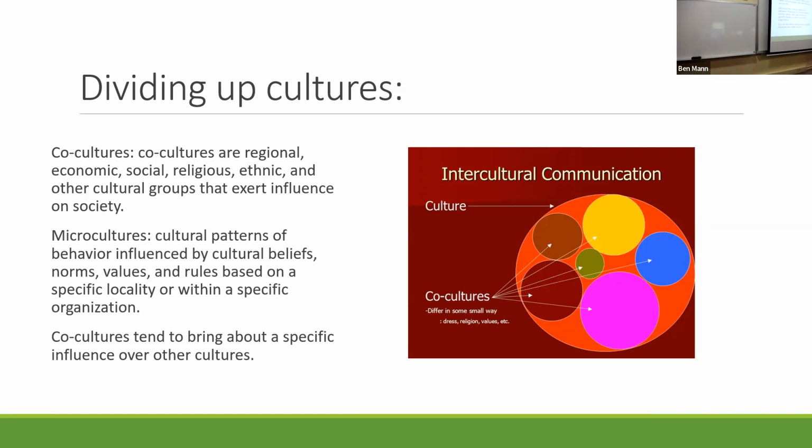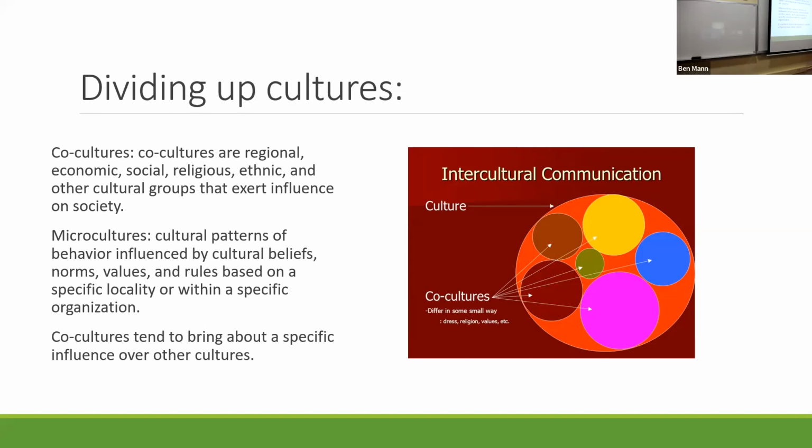In addition to those, we have the idea of a co-culture. These are generally smaller and exist within a larger culture. For instance, they might involve smaller cultural groups or influence within a larger group or population. For example, perhaps there is a specific community or district that exists within a city or location. We might think about the ways in which indigenous populations might exist as co-cultures within the city of LeGrand. So co-cultures offer and contribute and at times push back against culture.